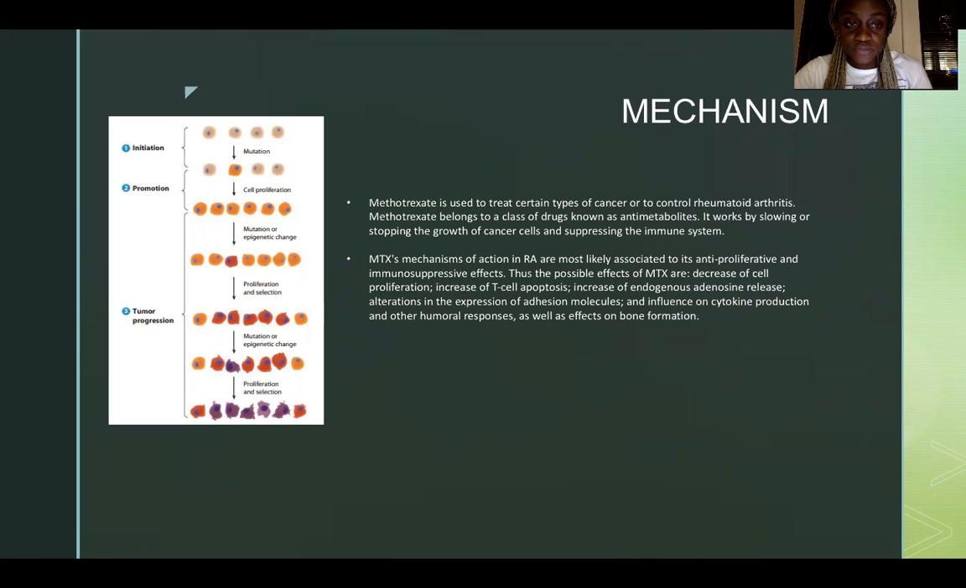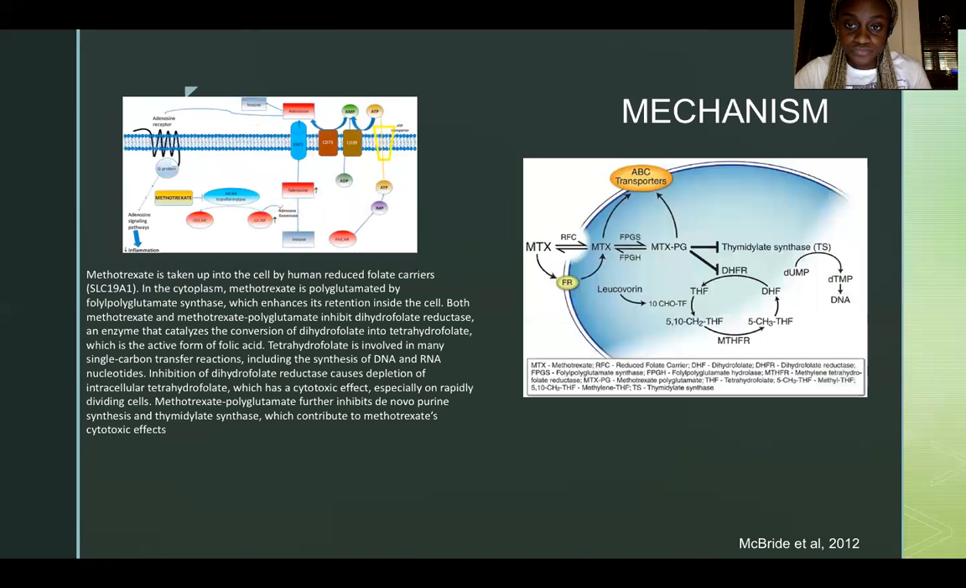So the task given to us was to find an image in the book and connect it to the mechanism of methotrexate. Methotrexate is associated with this image due to its anti-proliferative characteristic. The image on the left shows cancer cell proliferation. When the drug methotrexate is added, the process of cancer cell proliferation will not occur. So the mechanism for methotrexate is that